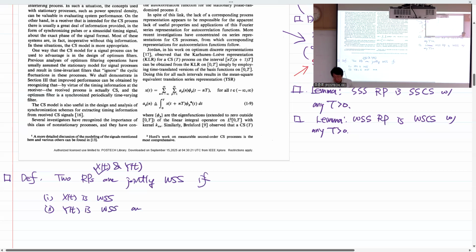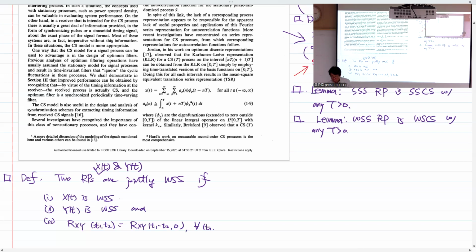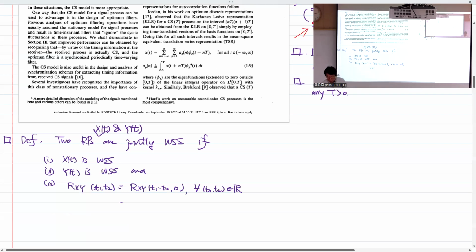And third, their cross correlation function satisfies what? What does that mean? There exists a function